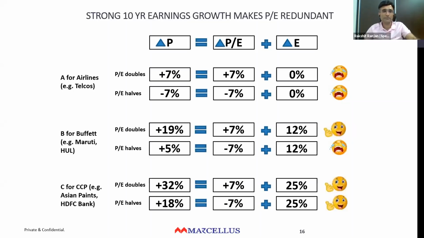Whereas if you pick up an Asian Paints, an HDFC Bank, a Nestle, a Pidilite, and so on and so forth, the earnings itself is good enough for you to get a more than 20% outcome on the first column of this table without PE multiple support. In fact, PE multiple compression is also all right if your earnings is compounding at a rate higher than 20, right? So that's something worth bearing in mind, and that's why we've called B for Buffett here.